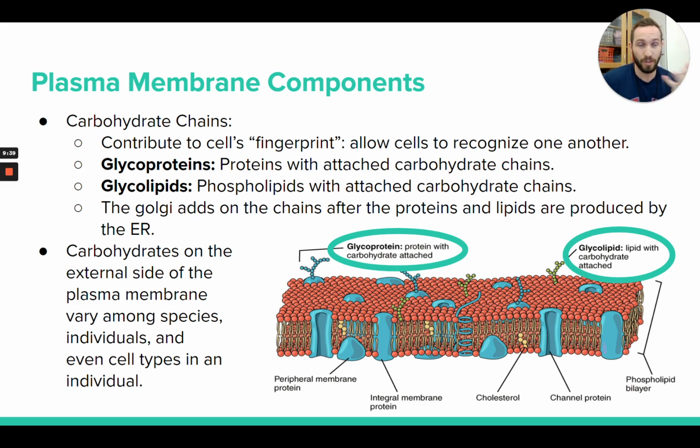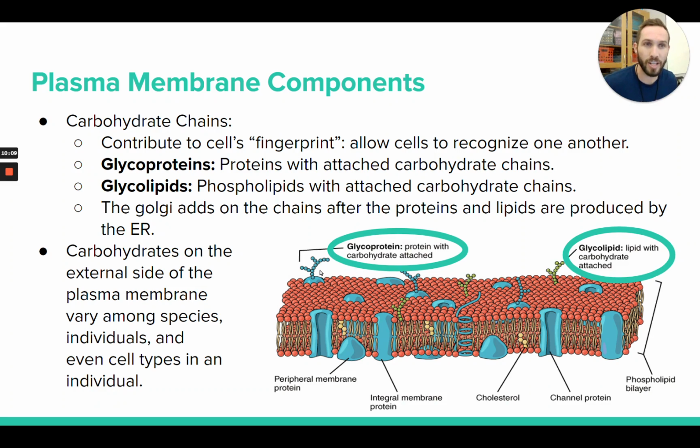For example, you guys, I'm sure, are aware that sometimes you can get an organ transplant. There are patients who need a new organ, a new heart, a new liver, whatever it is, and you can't just take anyone's organ, you have to see if they're a match. So when you hear on TV and stuff that they're checking donors to see if they're a good enough match, one of the things they're looking at is these carbohydrate chains,